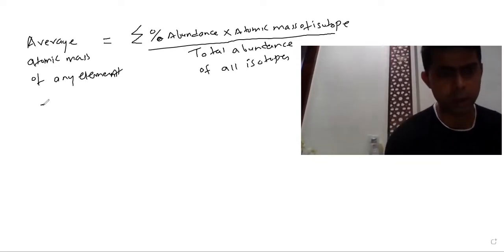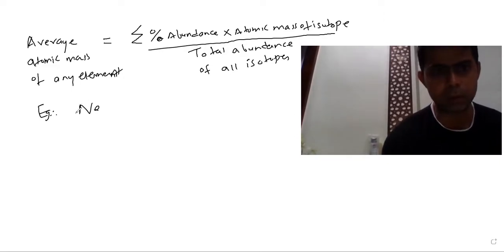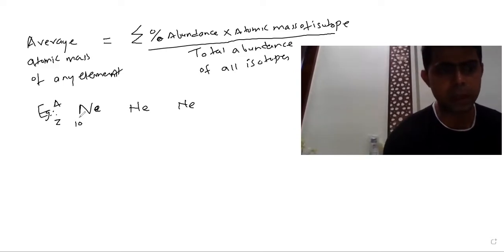एक example और ले लेता हूं मैं. Let's take an example of neon. Now neon जो है वो तीन type के होते हैं. First देखो, here is the atomic number I am writing, is the mass number. Neon, the three isotopes of neon, that is 10 neon 20, 10 neon 21, 10 neon 22.